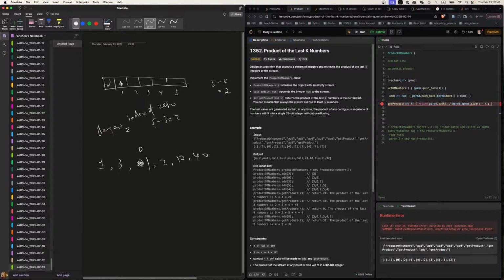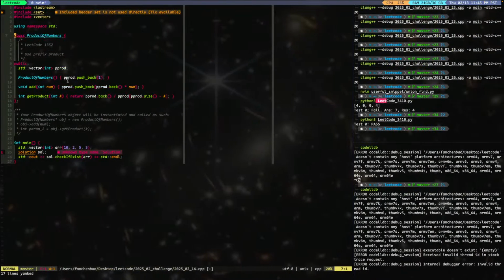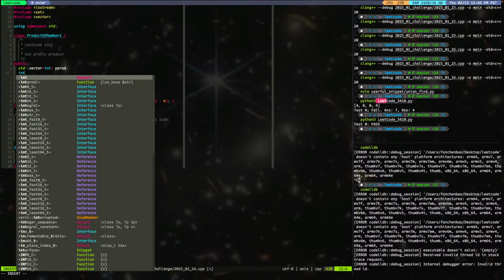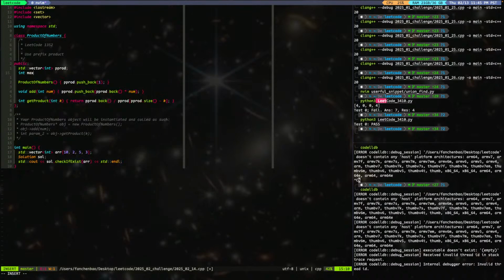And then if I hit another 0, I just reset to 1, because you cannot multiply over that, right? Okay, so some small change. So we also need an int max 0 index.